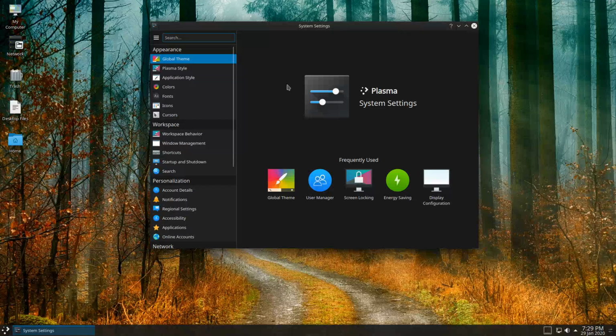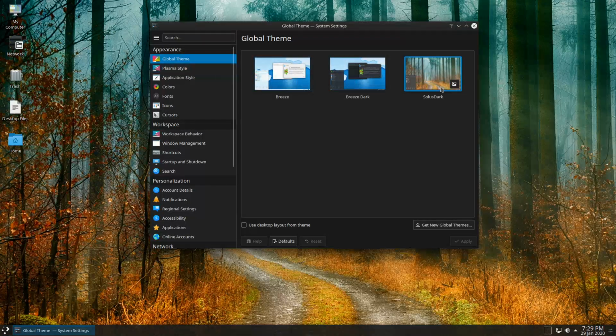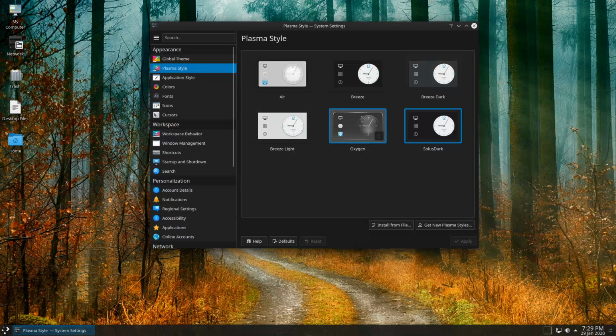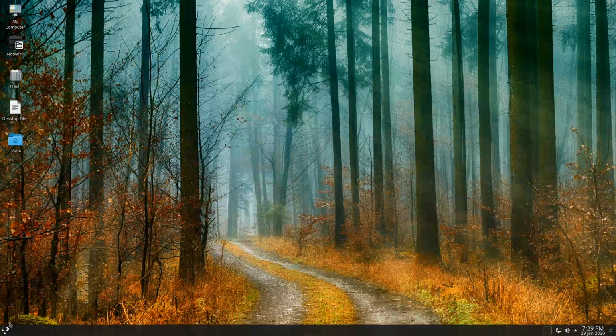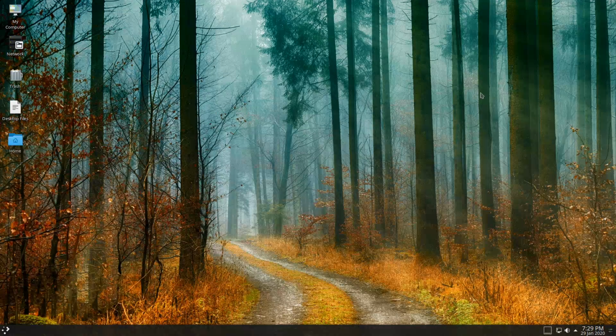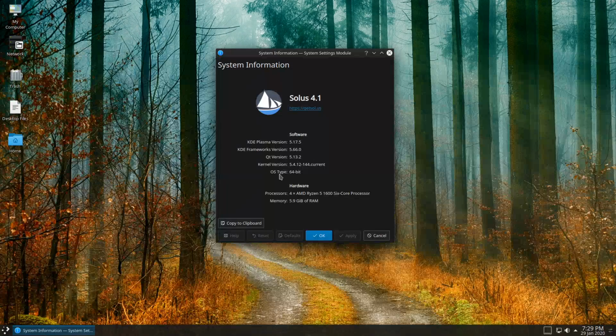We do have a few extra theming packages, so if you just want to deal with whatever the theming is and just like this type of theming system, we do have the Solus application theming over here, which looks pretty good as well. And looking at the system information, like we did on the other one,